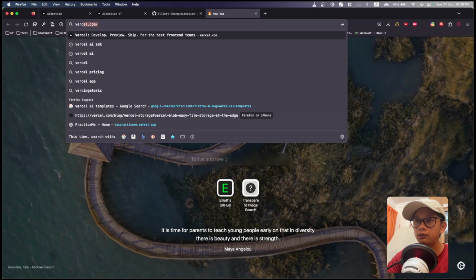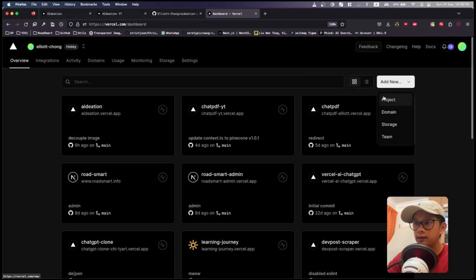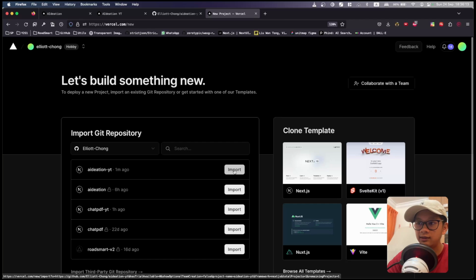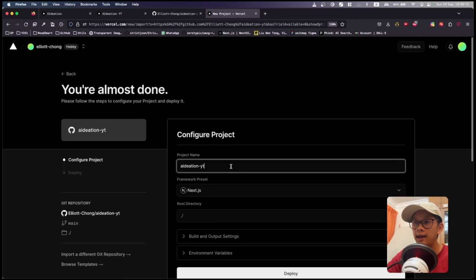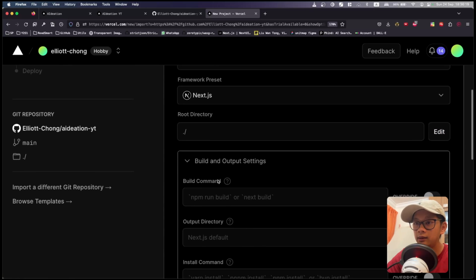So to deploy on Vercel is really simple. Come down to vercel.com and come back to the dashboard and add a new project. Choose your repo that you have just linked up. Press import and you can name it whatever you want here, and then choose the build setting. So for the